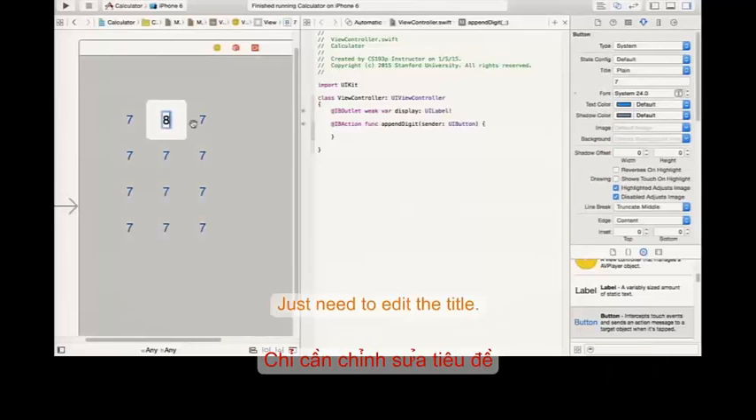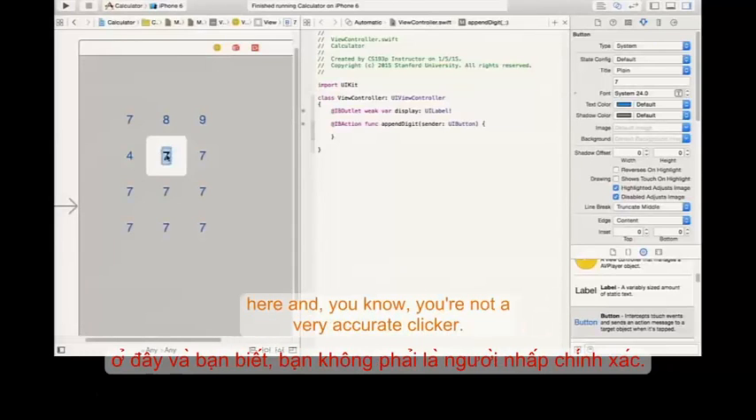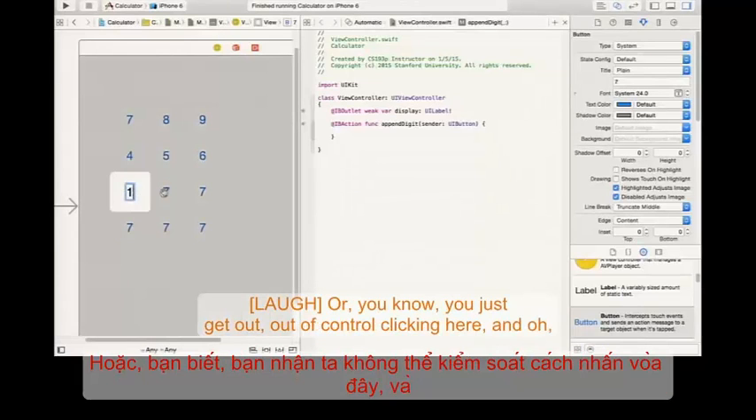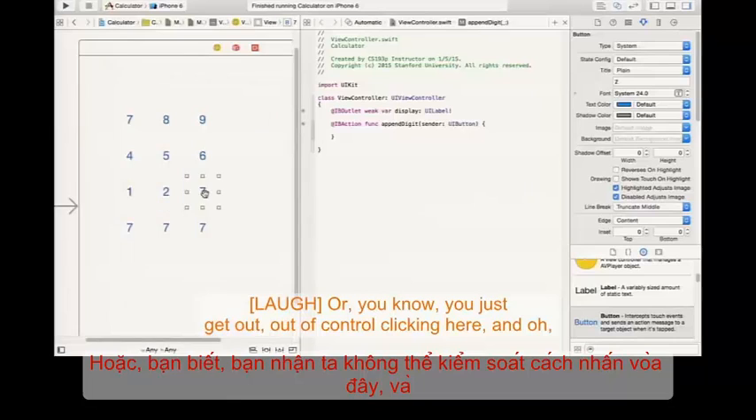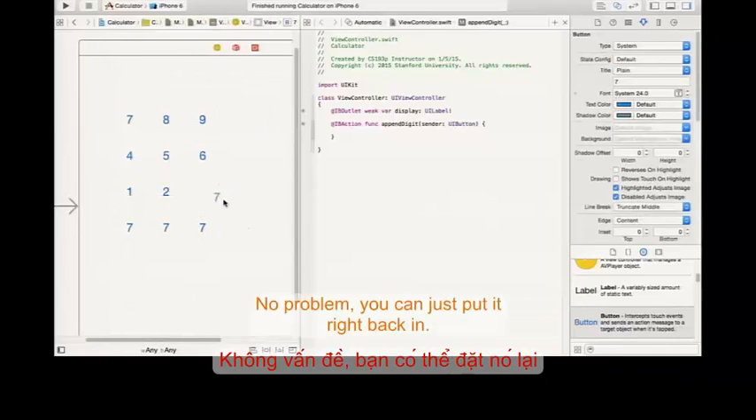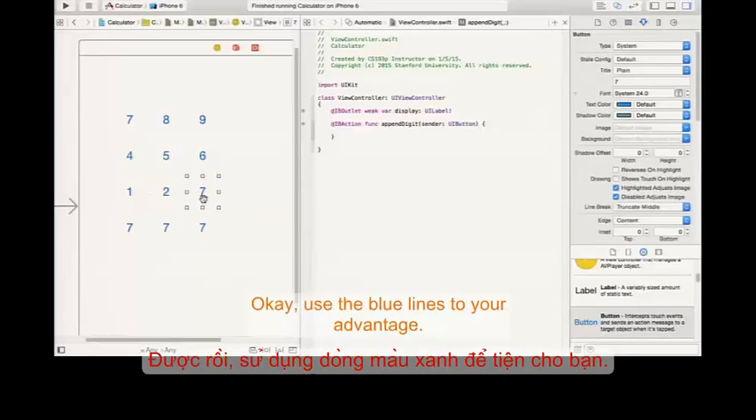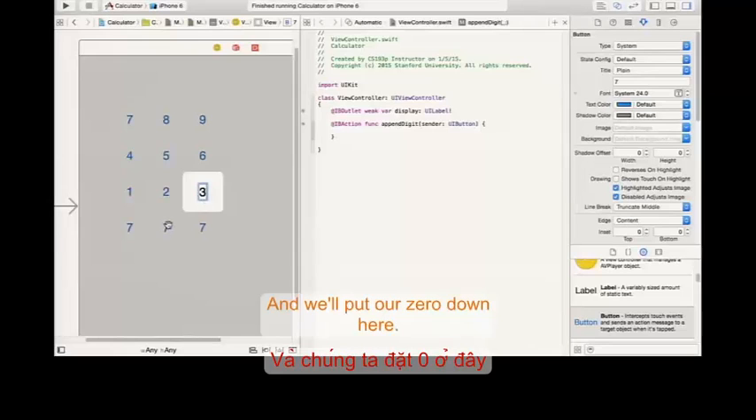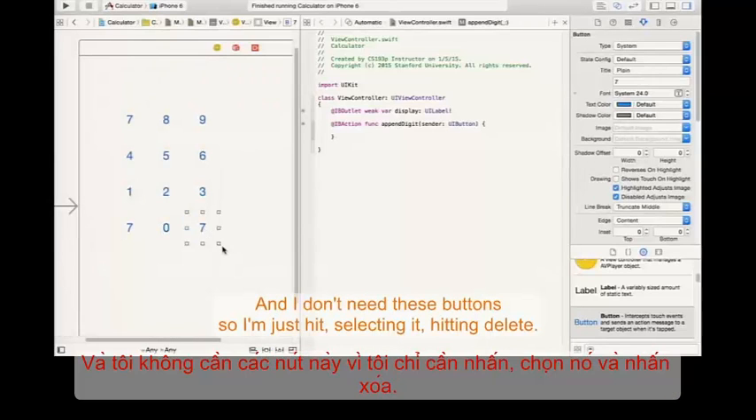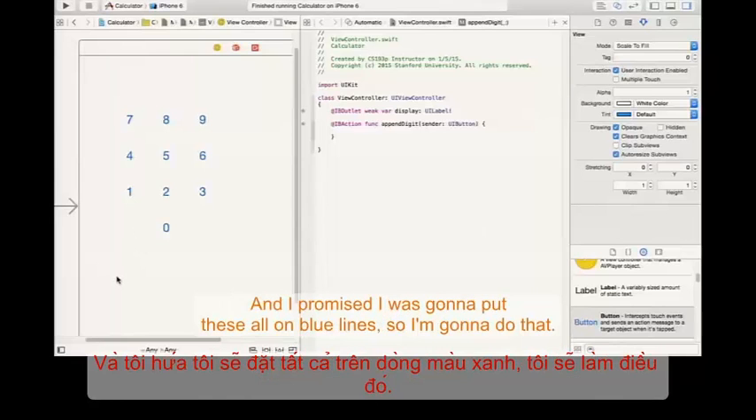I just need to edit the title. Now, while I'm editing these titles, sometimes you're clicking around in here and you're not a very accurate clicker, or you just get out of control clicking and you moved it out of the way. No problem. You can just put it right back in. Use the blue lines to your advantage. And we'll put our 0 down here. And I don't need this button, so I'm just selecting it and hitting delete. That's how you can get rid of something. And I promised I was going to put these all on blue lines, so I'm going to